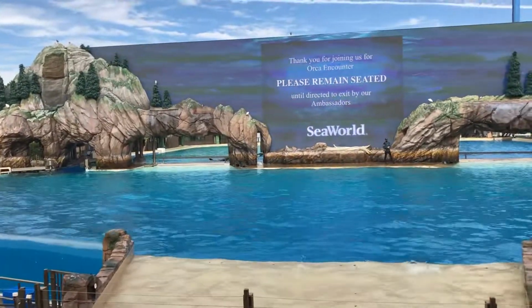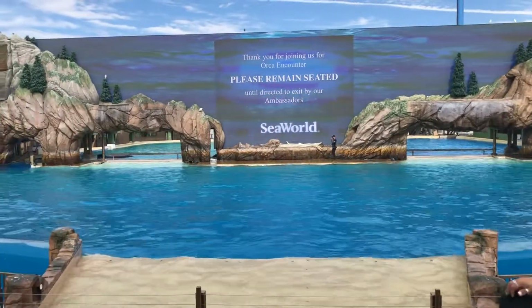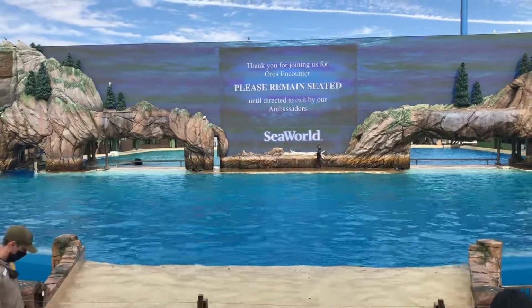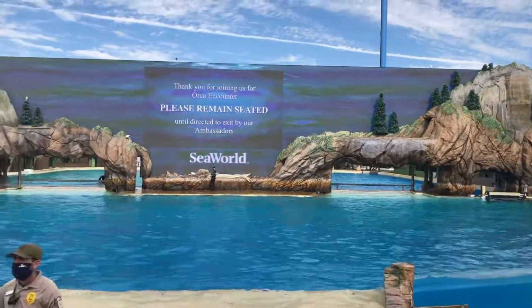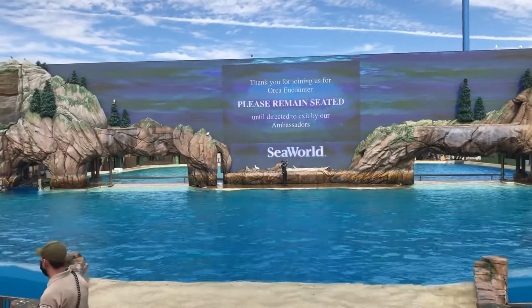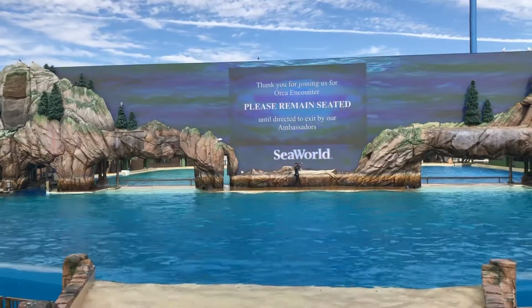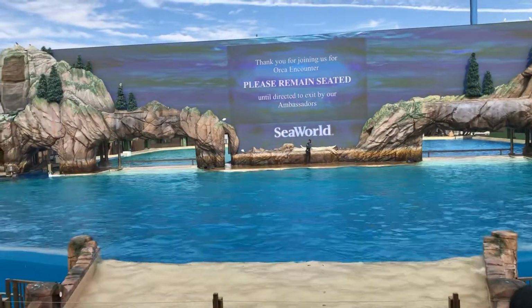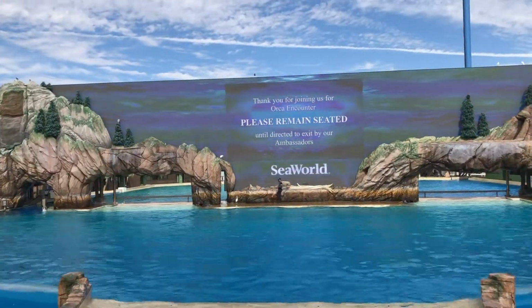If you have not been here to SeaWorld before, our amphitheater is home to 10 killer whales. We have 5 males and 5 females. You just got to see 6 of our 10 whales, which is pretty neat. There's actually some other whales way back at the other end of the facility. If you get an opportunity, that is our underwater viewing area, way back at that corner of the facility, if you check that out later today. We do have another orca